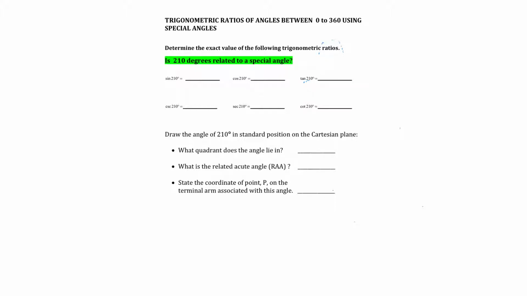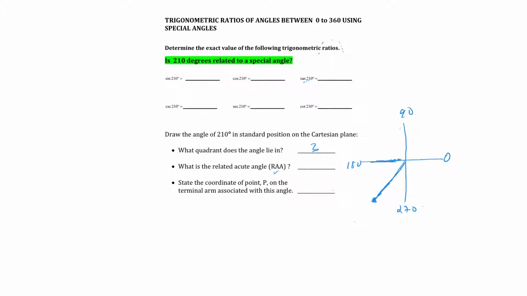So we're going to graph the terminal arm of 210, and based on this we know that the axes are the following, and we know that 210 is somewhere over here. So I'm going to draw the terminal arm and we'll call it 210. So that's in quadrant 3, and the next thing we're going to do is figure out the RAA, the related acute angle. Remember, related acute angle is the angle between the terminal arm, which is this piece here, and the